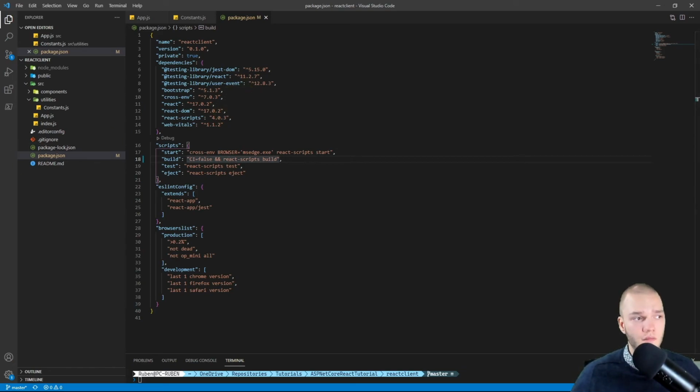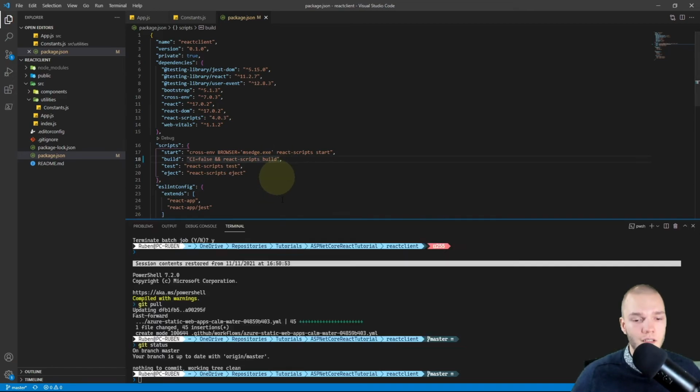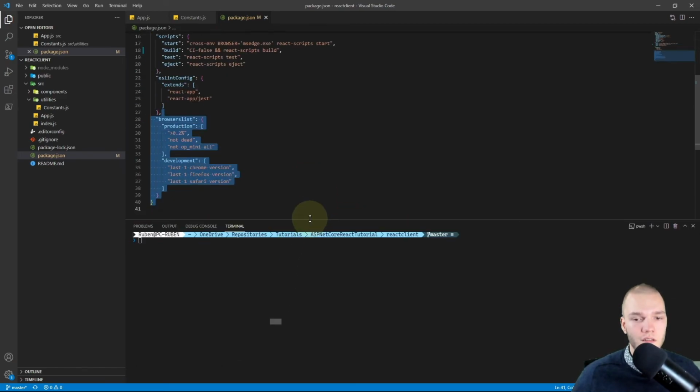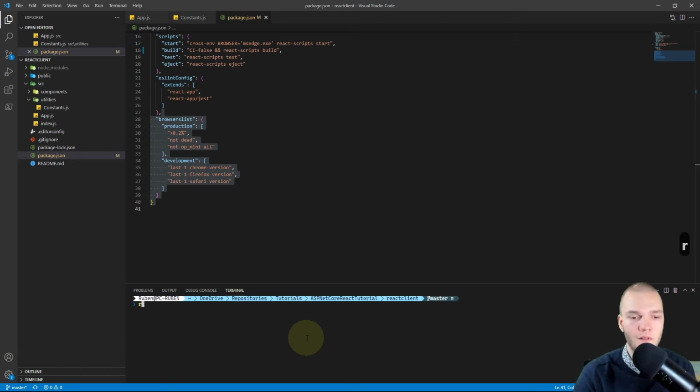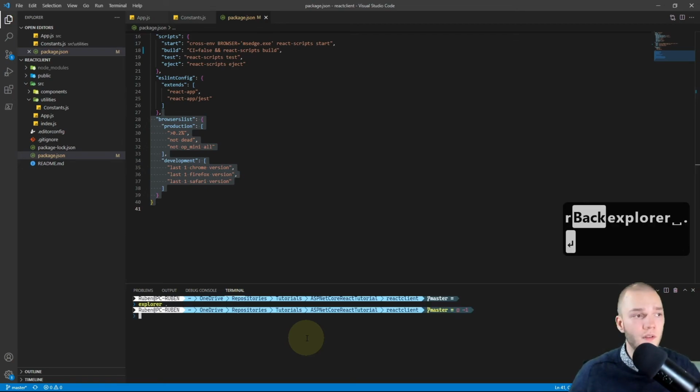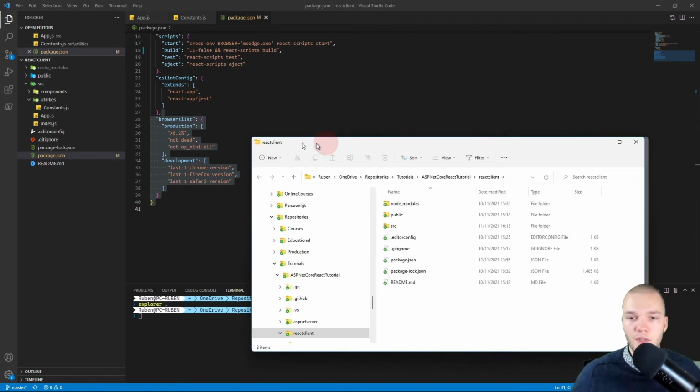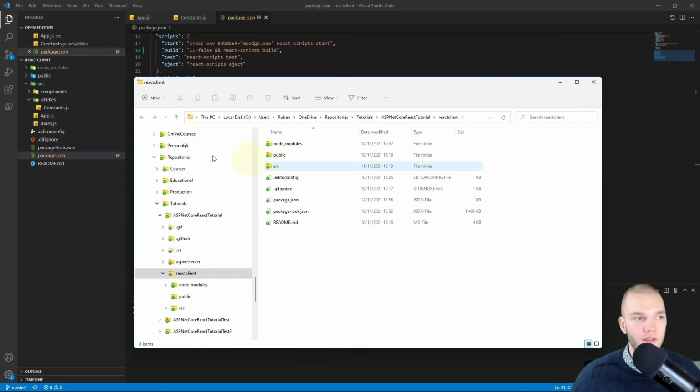Okay, so that's fixed. Now I want to take a look at that YAML file, and we can see it here in the React client folder. So let's go to Windows Explorer, and in the terminal I'll just type explorer . to open Windows Explorer in the current directory.